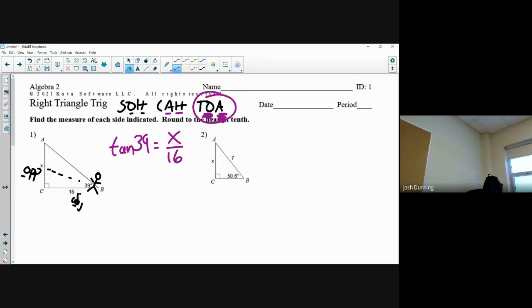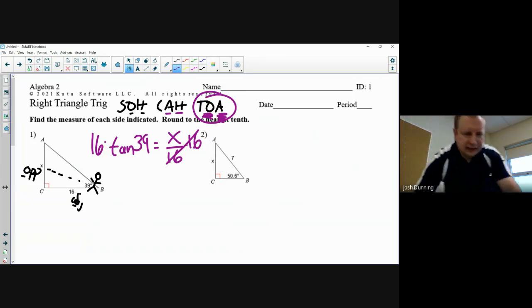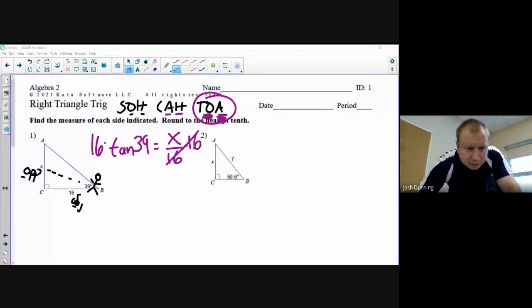Now, if I want to get x alone, that's divide by 16, so I'll just multiply. And hey, now I can pull out my calculator, type that in, and I'm done. The only thing is, on your calculator,